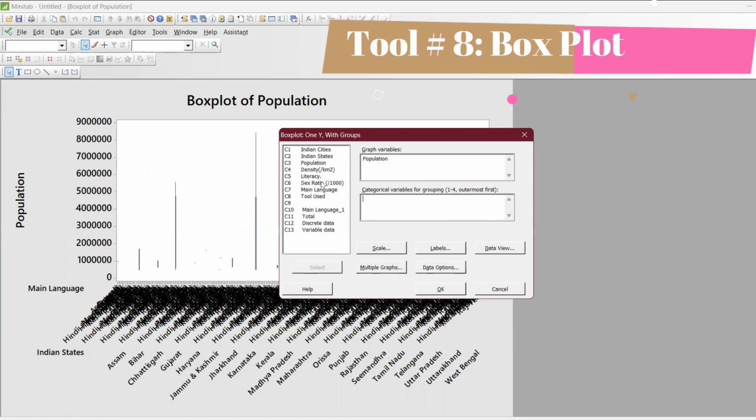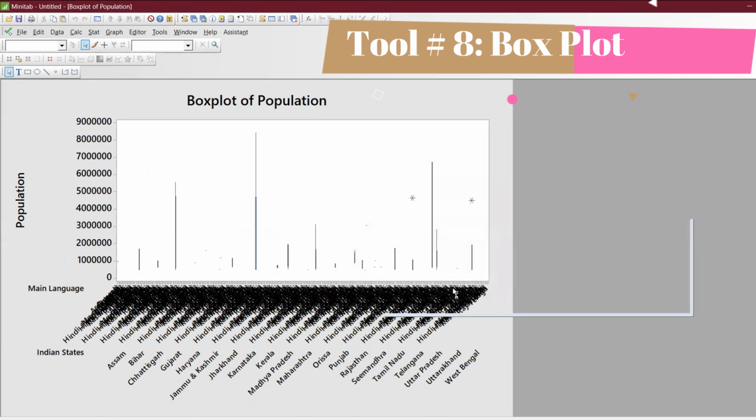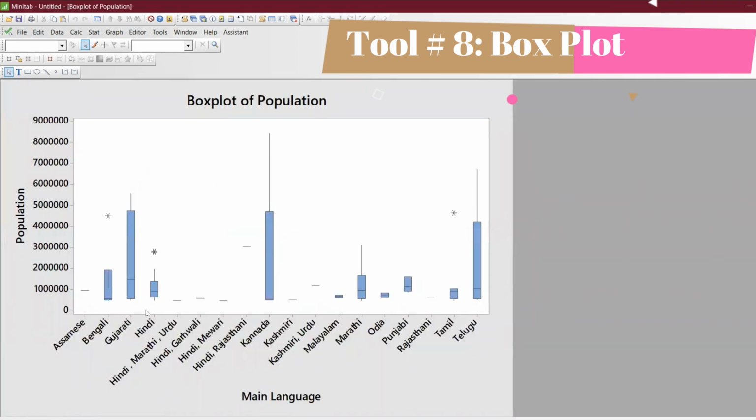I can find out directly the main language or the population. This will be the interesting one. So you can see Gujarati and Hindi, and again because it has been split various ways, Kannada and then Telugu and all that. So it is a box plot. This is the population, and this is the main language they speak. Okay,